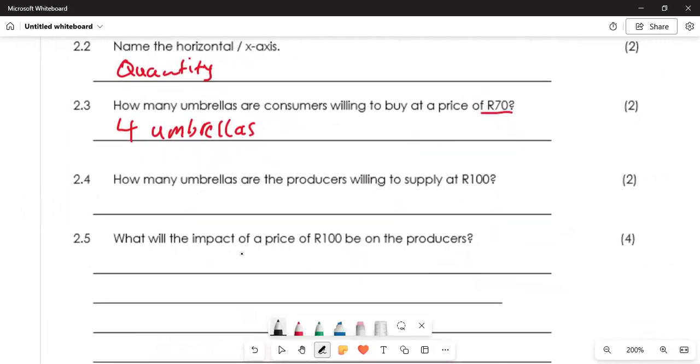So you're going to write how many? 11 umbrellas. 11 umbrellas. So 2.5 says,